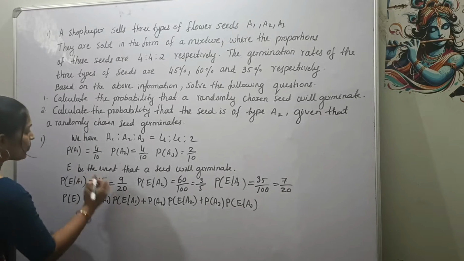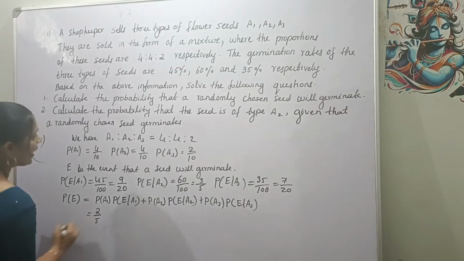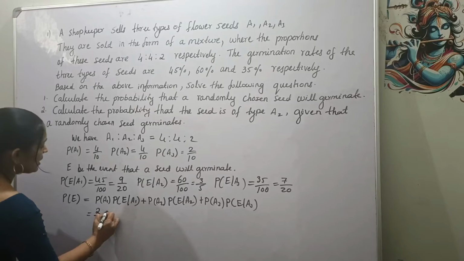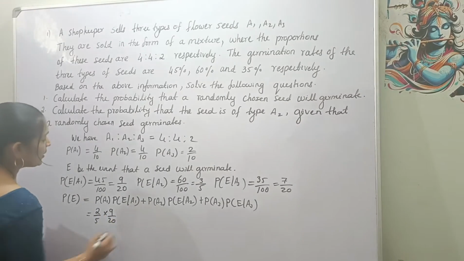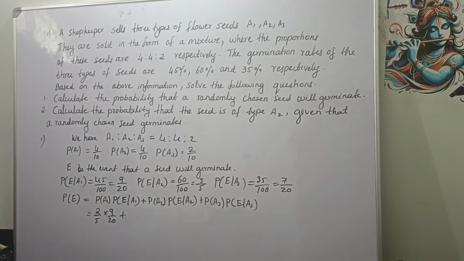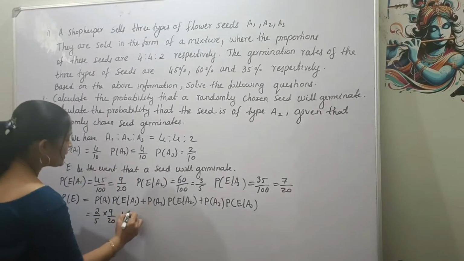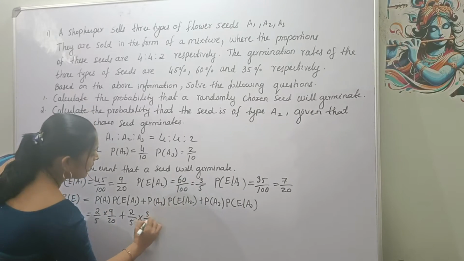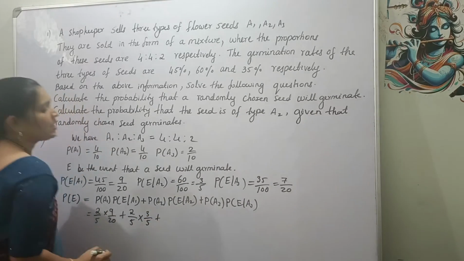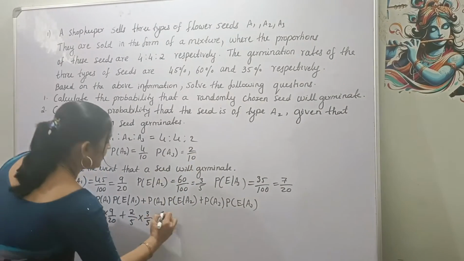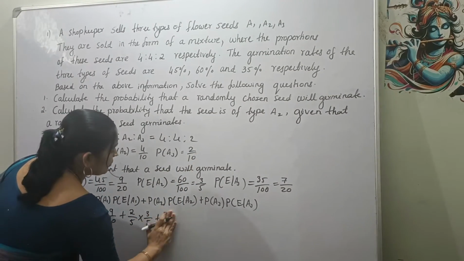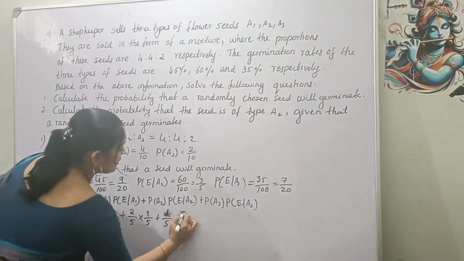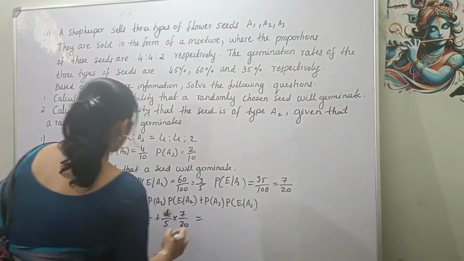Probability of A1 is 4 by 10, that is 2 by 5, into probability of E given A1, 9 divided by 20, plus probability of A2, 4 by 10, that is 2 by 5, into probability of E given A2, 3 by 5, plus probability of A3 is 2 by 10, that is 1 by 5, into probability of E given A3, 7 by 20, that is equal to